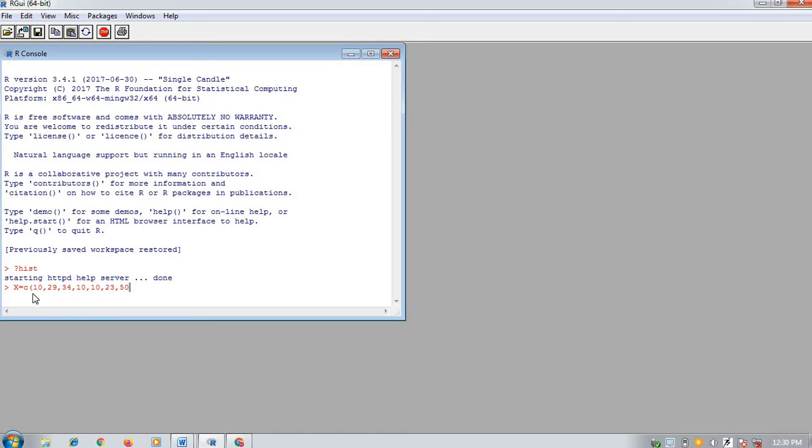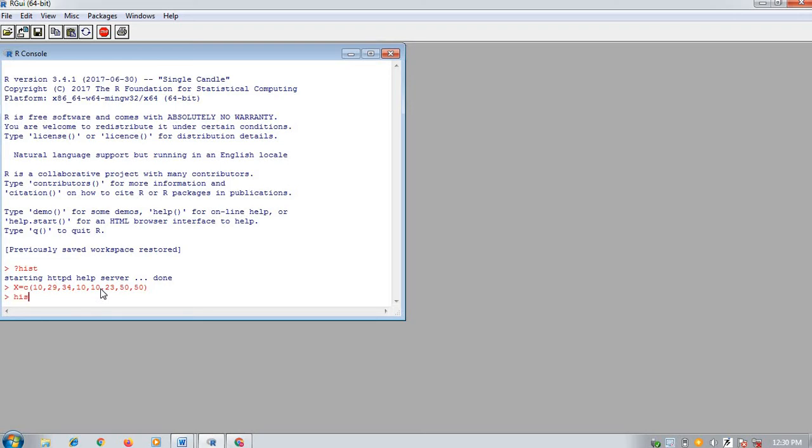So how many values are there? 1, 2, 3, 4, 5, 6, 7. Okay, one more I take. Suppose again 50. So suppose these are the 8 students who have got marks out of 50. Now we are interested in plotting the histogram for this data set.